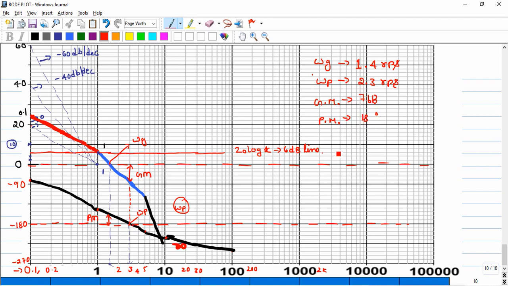And so based on the statement omega g, here it is less than omega p, okay. If you remember the polar plot, the same will be followed here. Both gain margin and phase margin are positive, we call system as stable, okay. Let me show you a sketch where it will be helpful to understand the particular plot, okay.